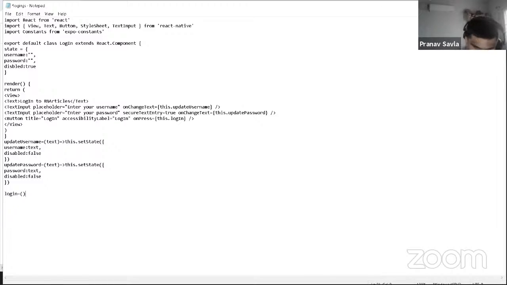login equals, left parenthesis, right parenthesis, arrow, left brace, and I'll say if, left parenthesis, this.state.username.length is greater than or equal to. You can specify any value to basically have a minimum character limit. I'm going to say my username has to be at least 1 character long, so greater than or equal to 1, and